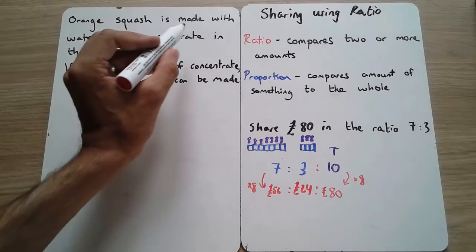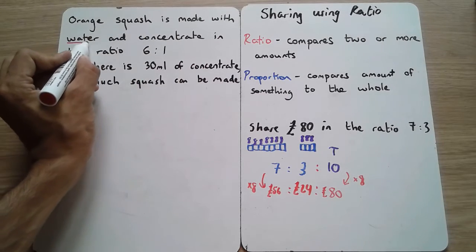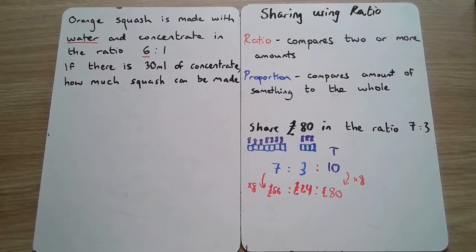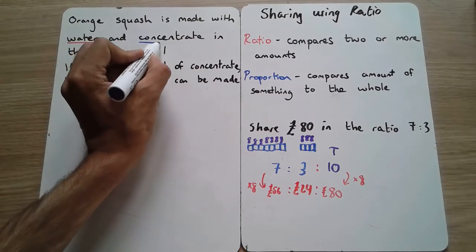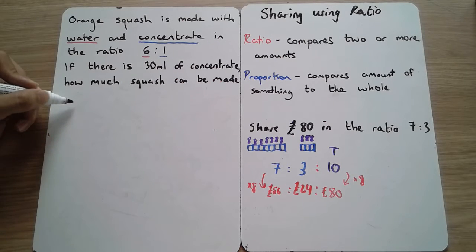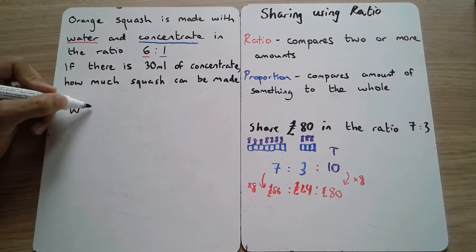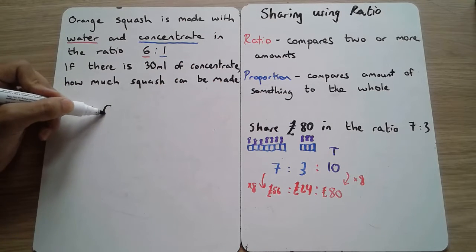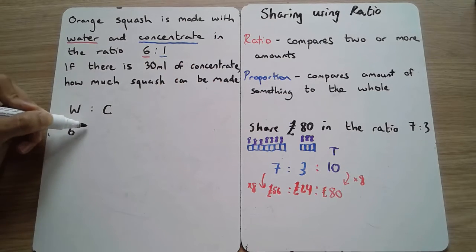The water comes first, that's the 6, and the concentrate is second, so that represents the 1. So I would write water as W and concentrate as C in the ratio of